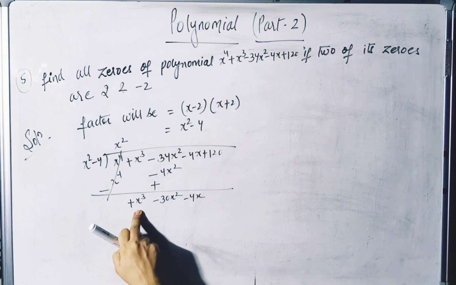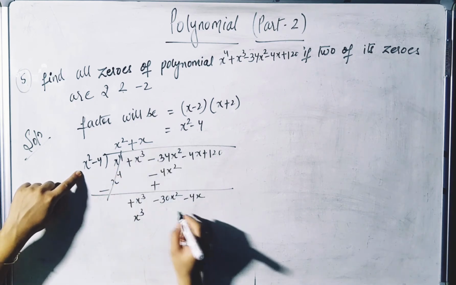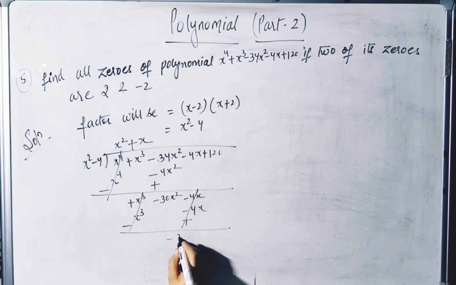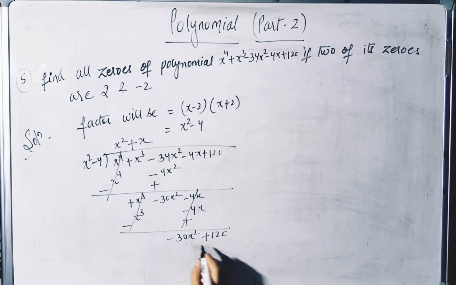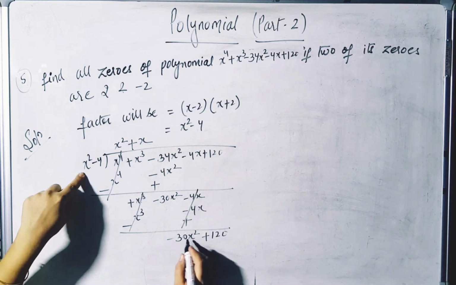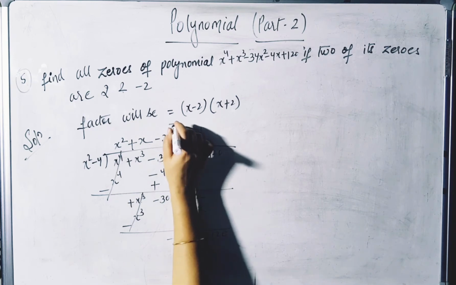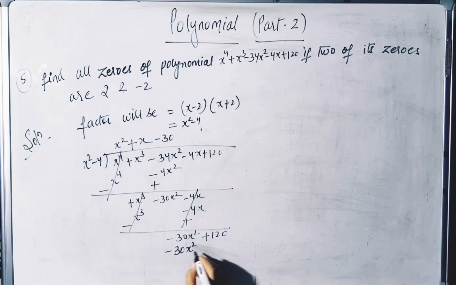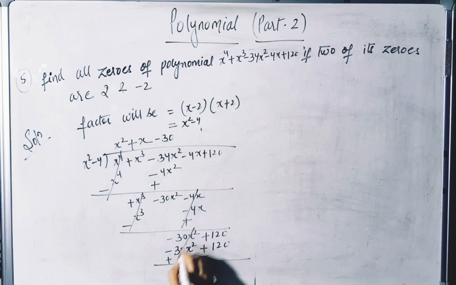अब ये x cube चाहिए हमको. Here it is x square, so we'll multiply by x. So we'll get x cube, x into 4, we'll get minus 4x. Thus this will be cancelled out. Now minus 30x square और यहाँ पर क्या है? 120. So अब 30x square है, यहाँ पर x square है. हम यहाँ पर क्या वैल्यू रखेंगे? That is minus 30 will put over here. Minus 30 into x square, we'll get minus 30x square minus minus plus, so we'll get 120. So plus minus ये पूरा कैंसिल आउट होके रिमाइंडर 0 आया.